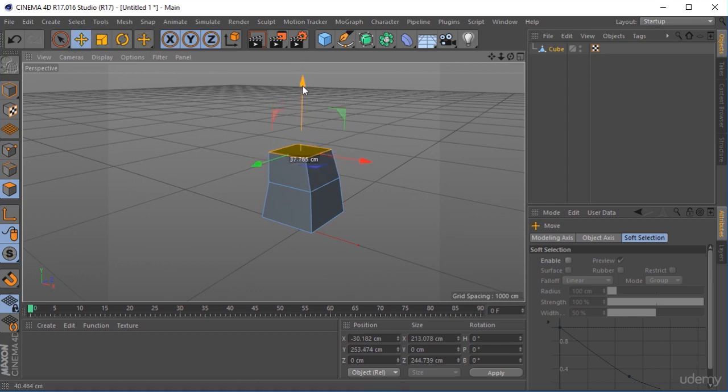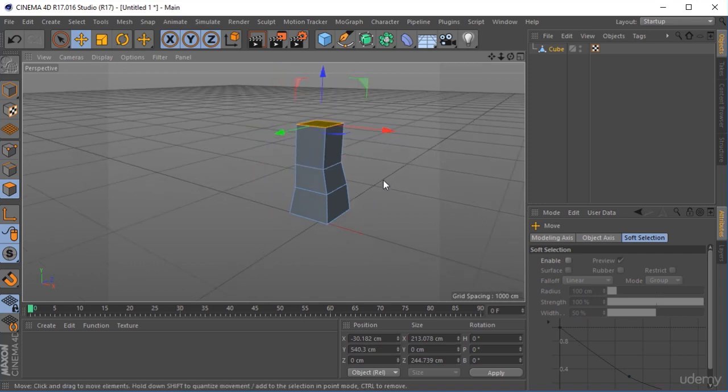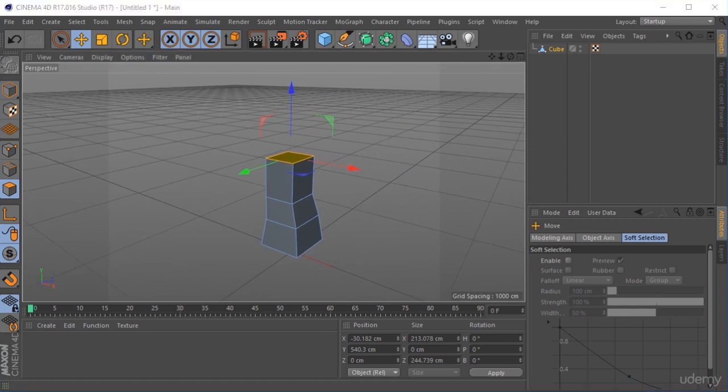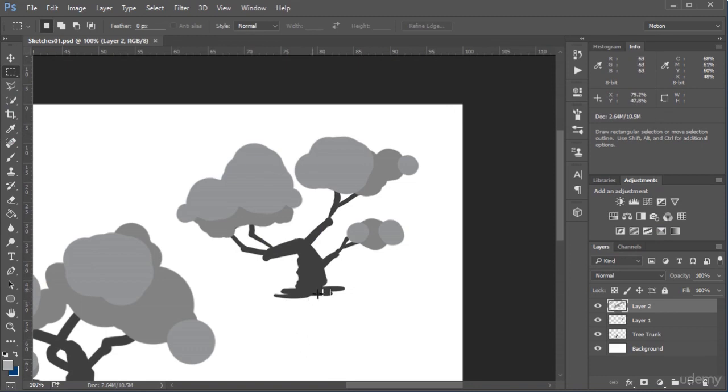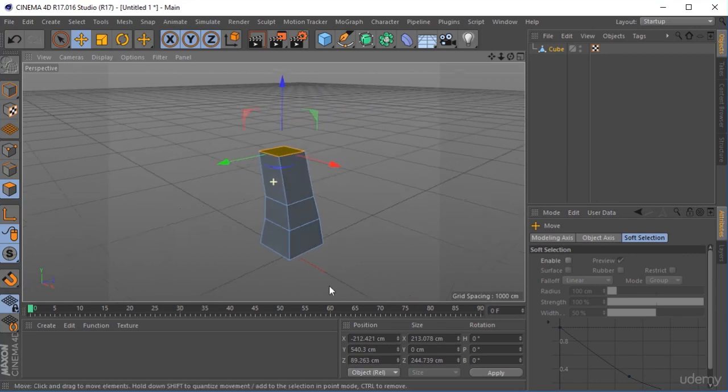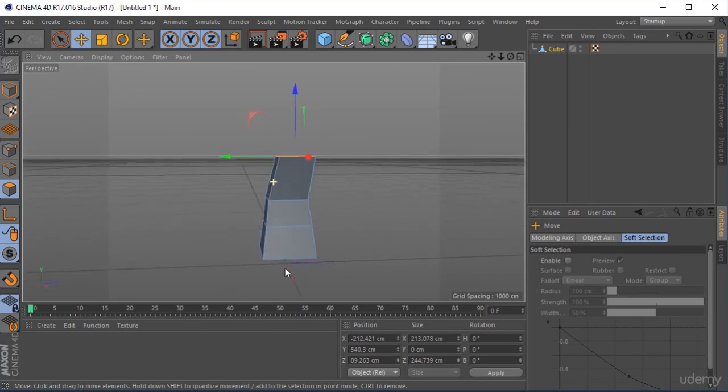So moving it slightly down, and then I'm going to extrude it up again, moving it to the left, just to try and follow our sketch here in Photoshop. You can see that the tree trunk is curving to the left, so you want to do the same here, curve it to the left,